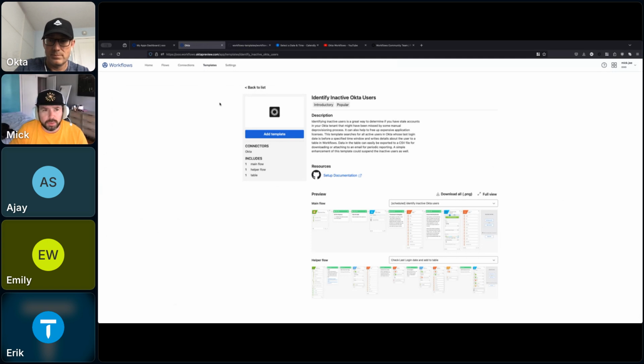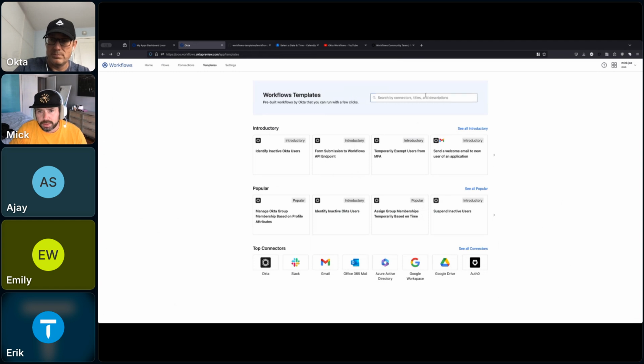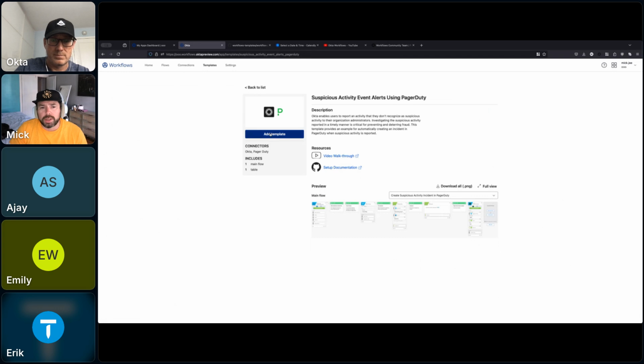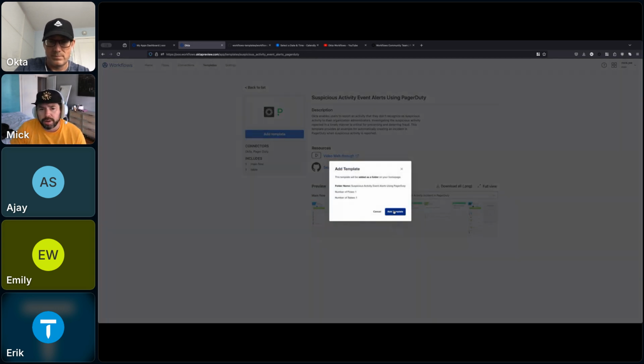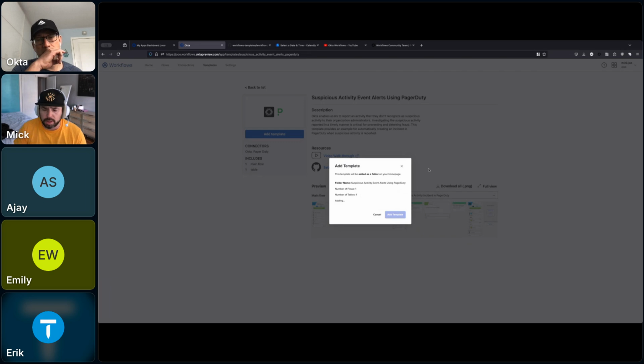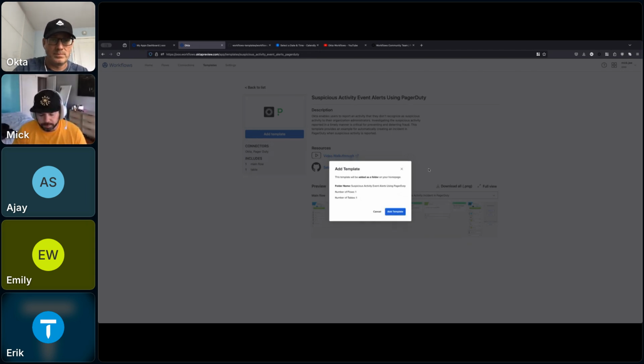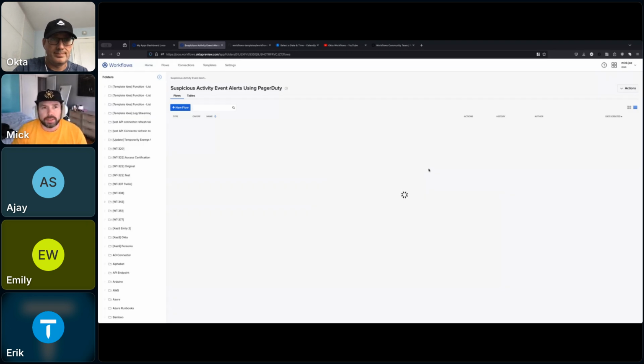And so if we hop back over here, we went over kind of the ins and outs of what a particular template is, but really I think one of the cool things about templates is how modular you can make it and how you can make it your own. Because for a lot of these, there's use cases or platforms that are very interchangeable, and so we like to consider these as kind of like a blueprint where it gives you an idea of what you can accomplish with it. But for instance, maybe you don't use PagerDuty, right?